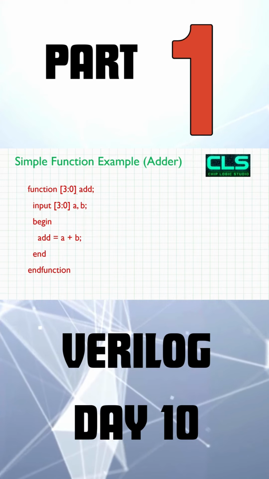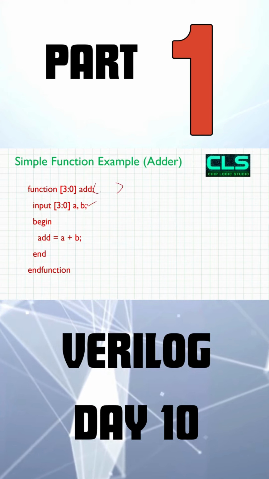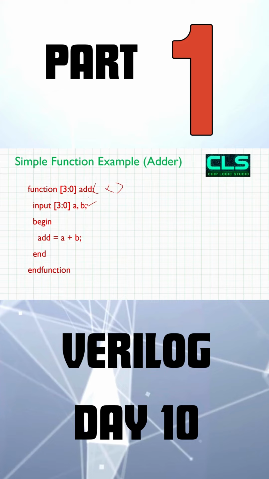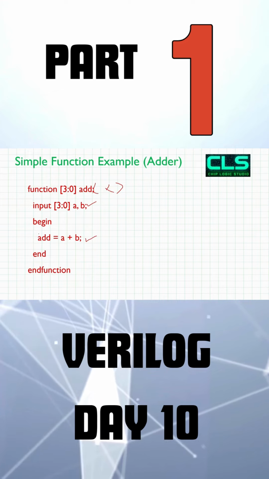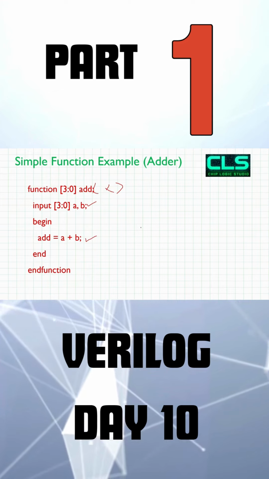We will see an example of an adder. Here I haven't used import, but you can write the function without that also. So this is our input a, b, and simple add is our return type here, a plus b. It will be returning the value of a plus b, and you can call this add